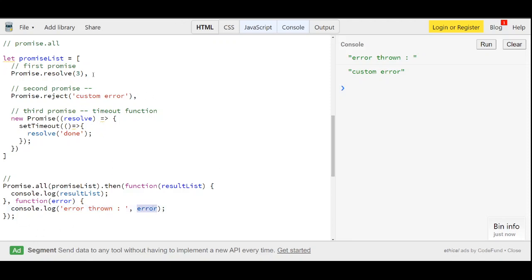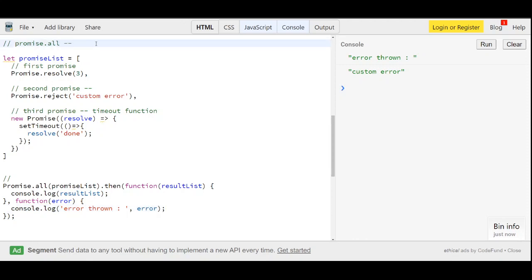So even though it is resolved, or is going to be resolved, it finds that one of the promises got rejected, and that is why it has been returned. So it does not wait for the other promises. It directly says, hey, I've got an error, please do resolve it. This is the biggest downside of this method.